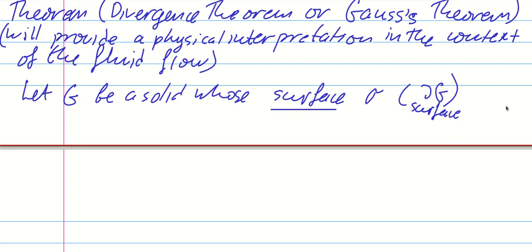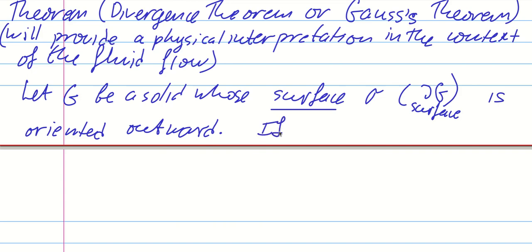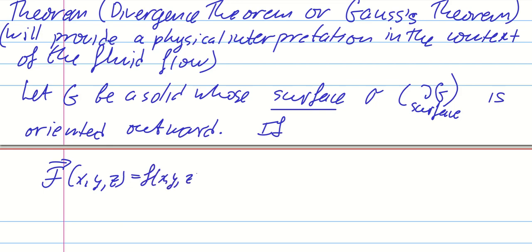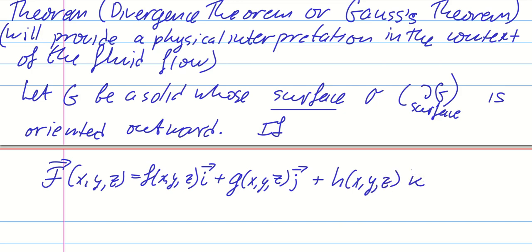So whose surface is oriented outward, then if the field is given by our rule, which is F of x, y, and z equals f(x,y,z) i plus g(x,y,z) j plus h(x,y,z) k,